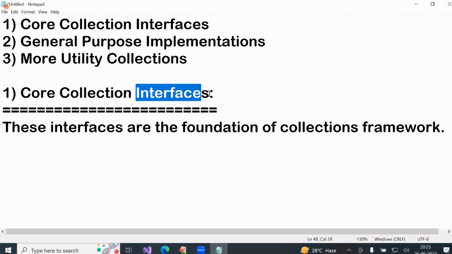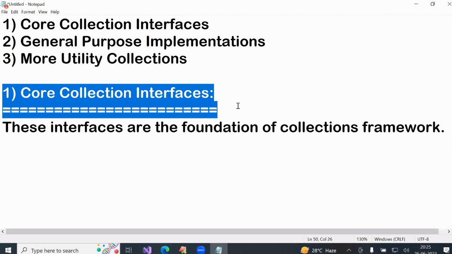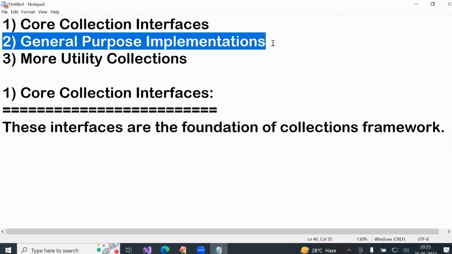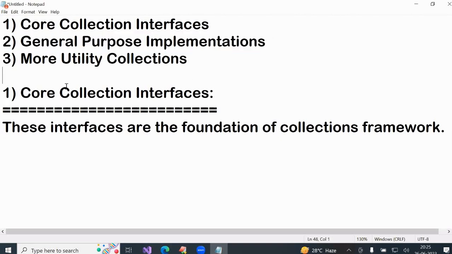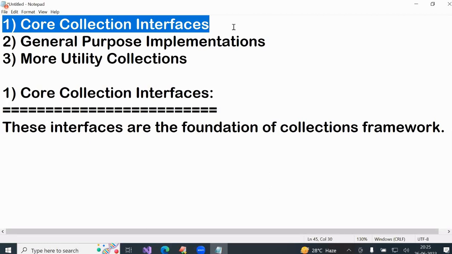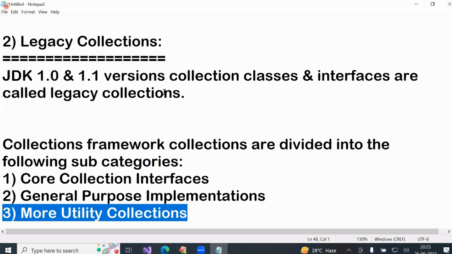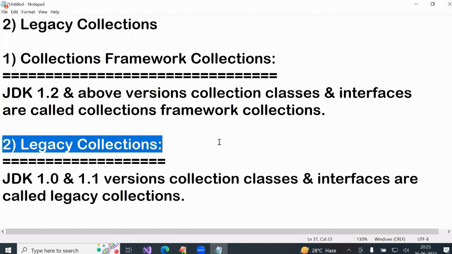Here, what is an interface? A collection of public static final variables and public abstract methods. Here, only abstract methods are there, but all are already implemented. No need to implement them by us. With these interfaces, it is only theory part. We are not going to implement it. With this theory, you will understand the programs, and then you can perform more operations. The third one, these are the old legacy ones. Okay. Now,